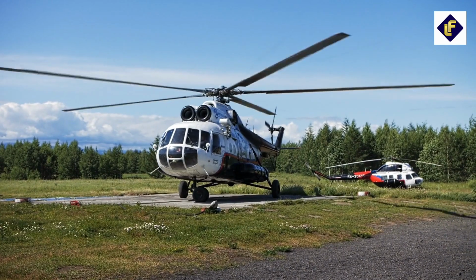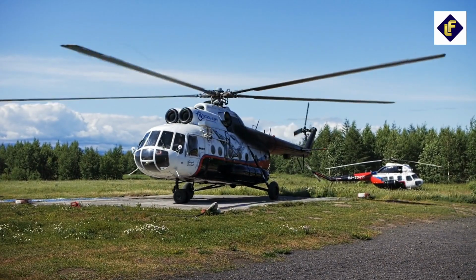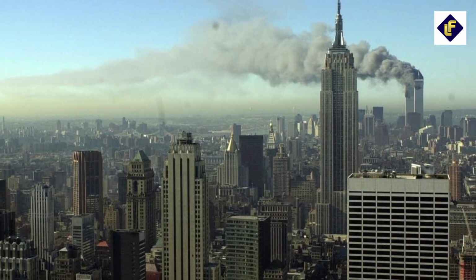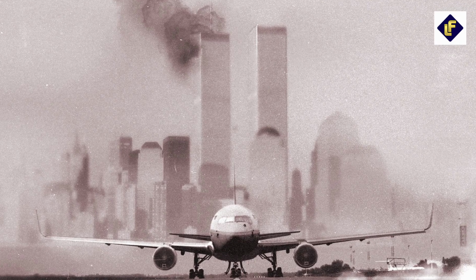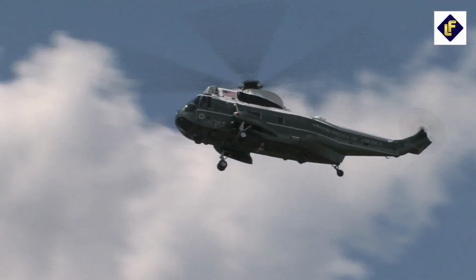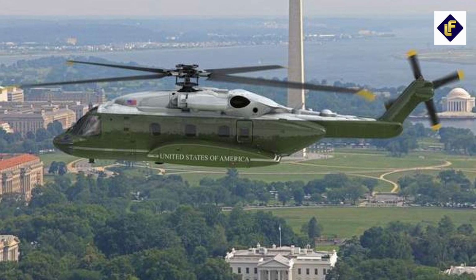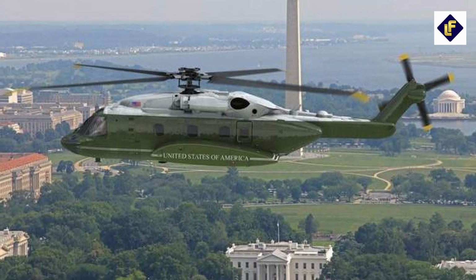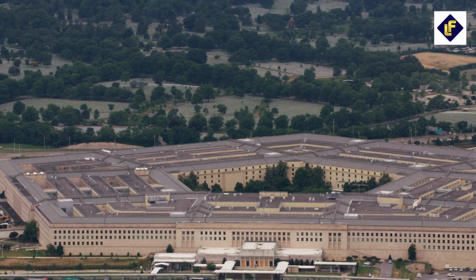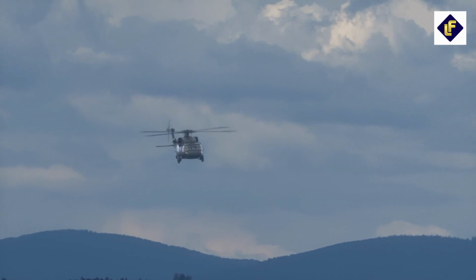The frequent updates and alterations introduced to the helicopters inevitably led to a gradual reduction in operational efficacy over time. The pivotal September 11 attacks on the Twin Towers precipitated a unanimous consensus that the Marine One helicopter's communication, transportation, and security systems required modernization. Consequently, the year 2002 witnessed the initiation of the VXX program by the Department of Defense. This visionary endeavor entrusted the Navy with the task of conceiving novel presidential helicopters, thereby ushering in a new era